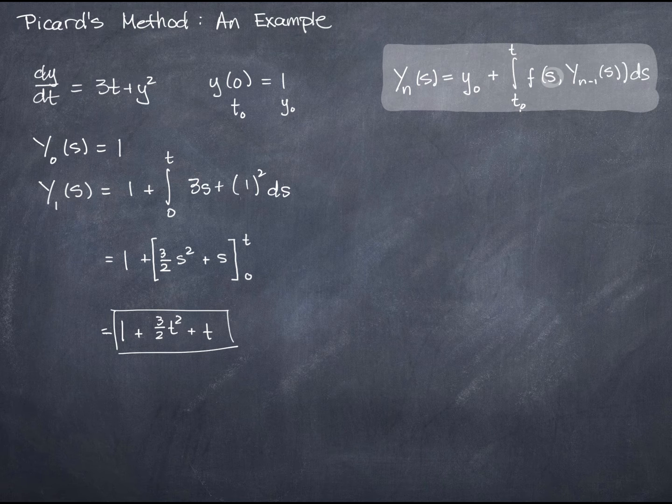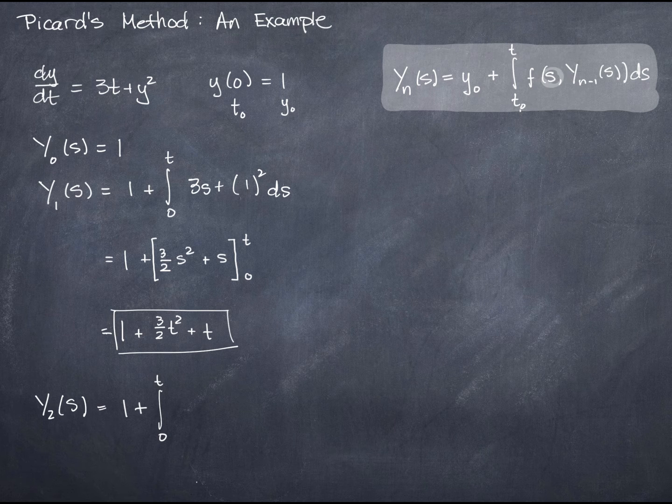Is it the final solution? Is it the best solution? Hard to say. Why don't we do another couple of iterations and see what we can find out? My second iteration will be 1 plus, right, that's a constant. In this version, I'm adding this integral to whatever my initial y value is. So in this case, it's 1 plus the integral from t naught, which I know to be 0, to t